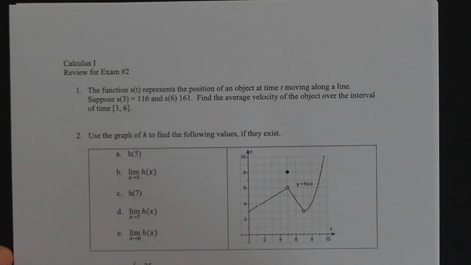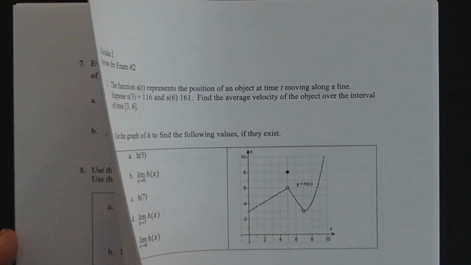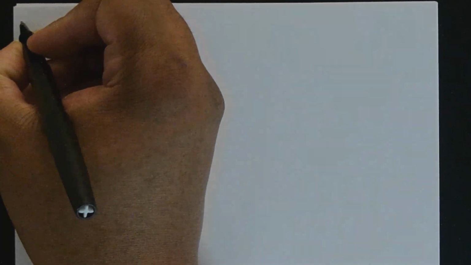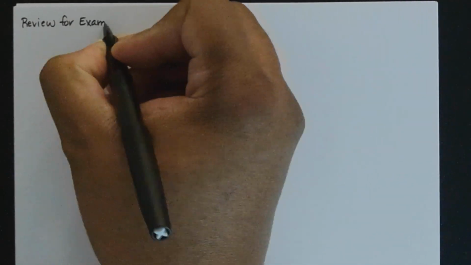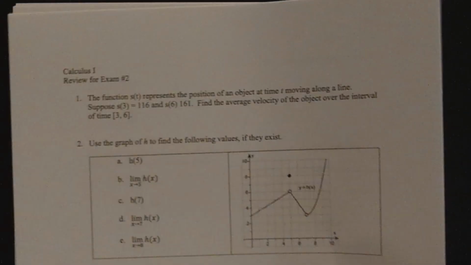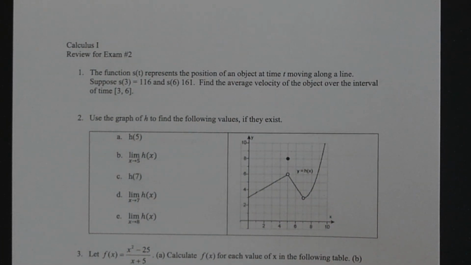Okay, so we'll start off with problem number one. And pretty much this whole exam deals with the material in chapter 2. And it says here in problem number 1, the function S of t represents the position of an object at